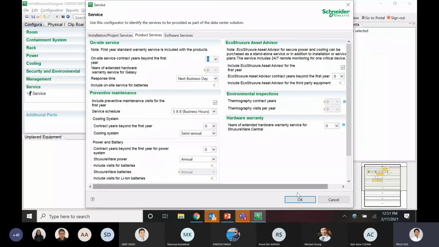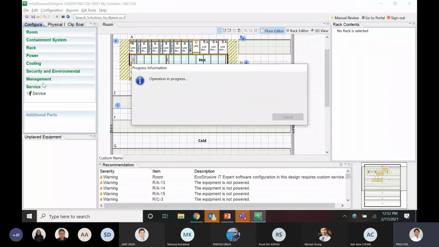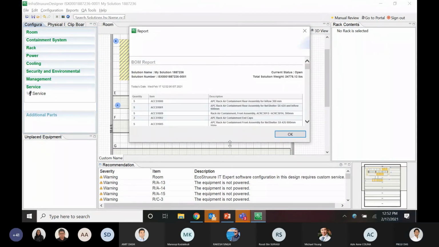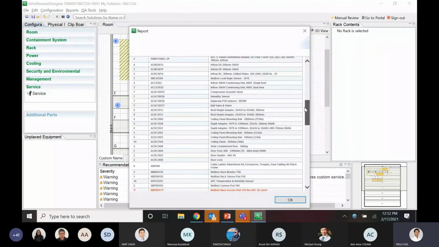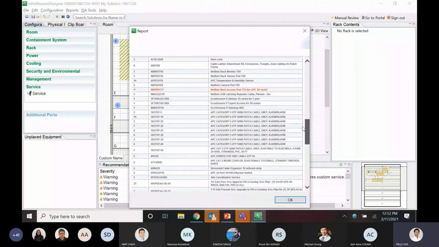So I'll click on OK, and then I'll go straight to the BOM, and we'll show you what the different kinds of SKUs are that are getting generated for security and environmental management and service. So I understand the BOM is quite large, but still.